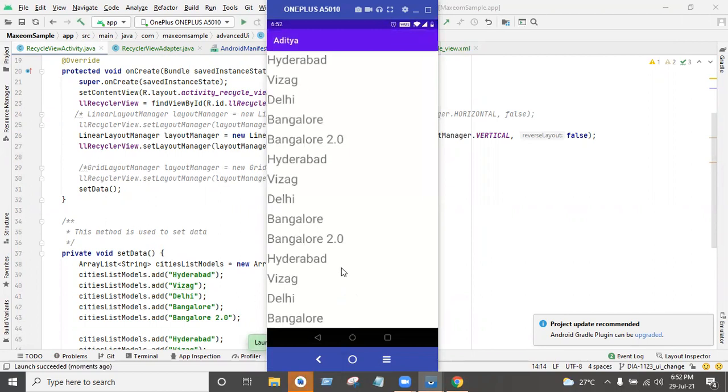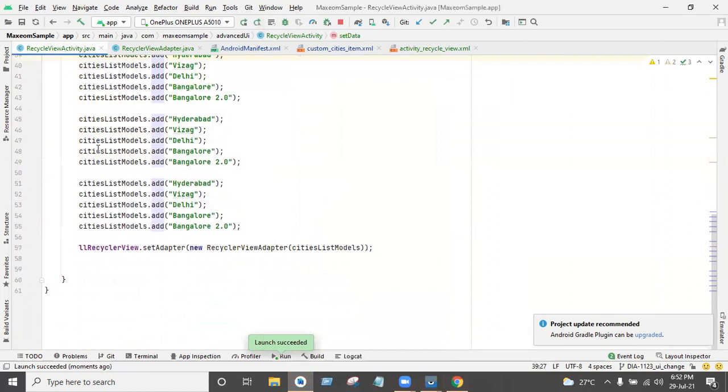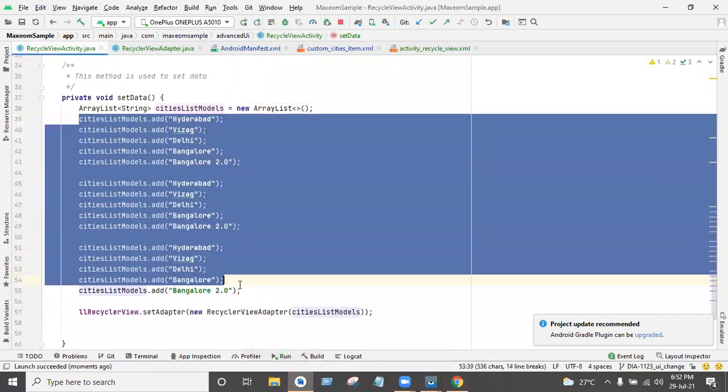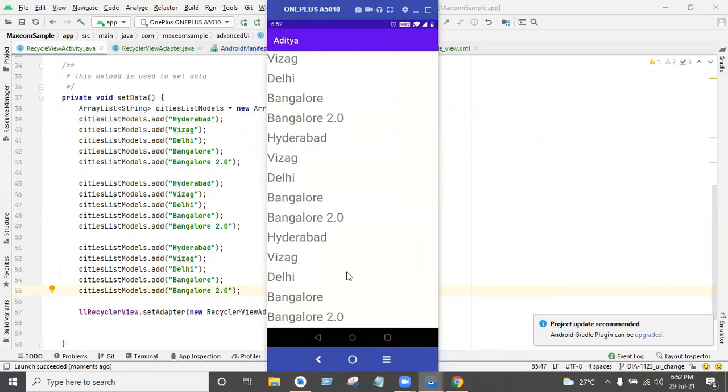See, the list came, right? This much data I added in that list. That's why it came like this.